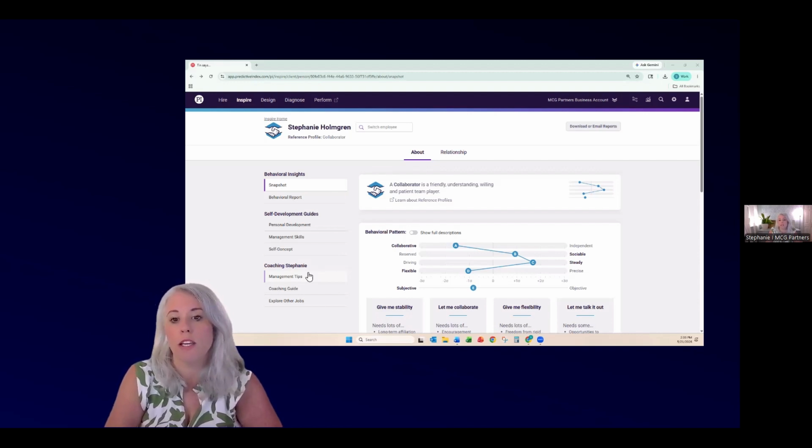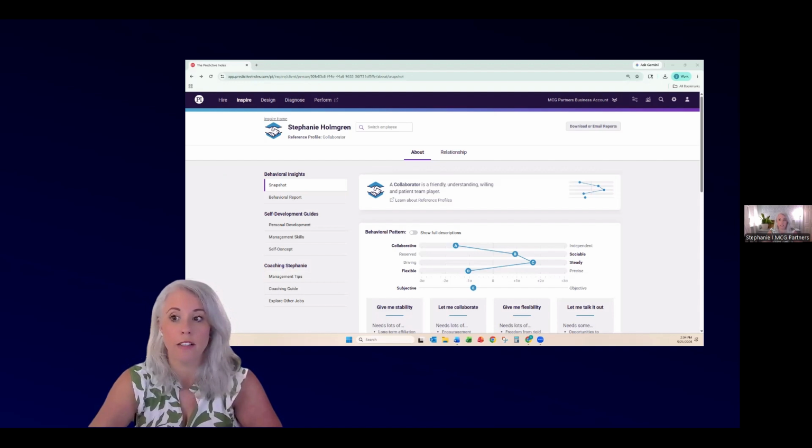If the one-on-one is focused on growth, performance, or helping someone stretch into their role, the personal development guide, as well as the coaching guide, can be especially useful here. The personal development guide highlights the employee's strengths, caution areas, and coaching tips that can support day-to-day growth. And the coaching guide connects the employee's natural behavioral styles to the behavior needs of the role. It helps identify where there may be natural alignment and where the employee may need to stretch to meet some of those role expectations.